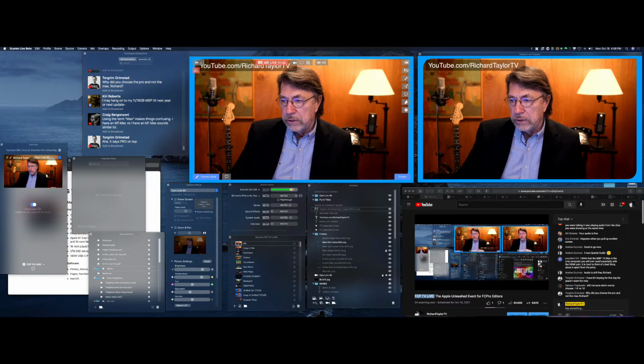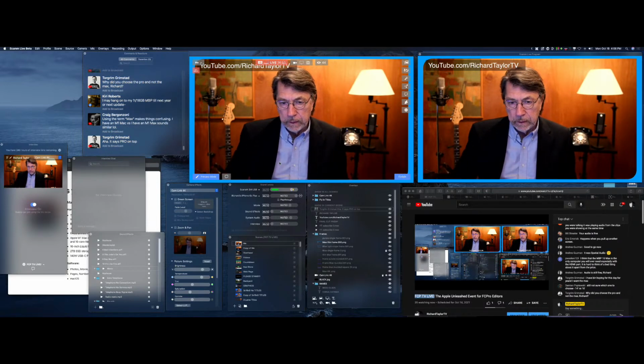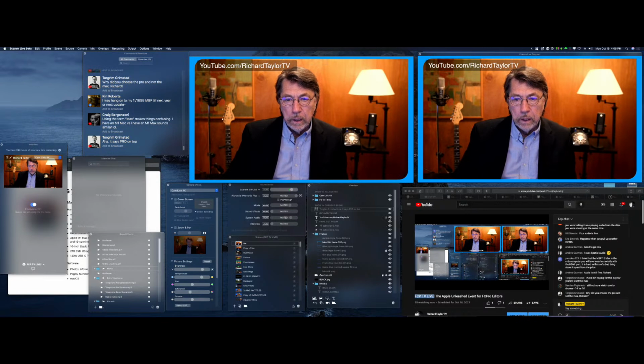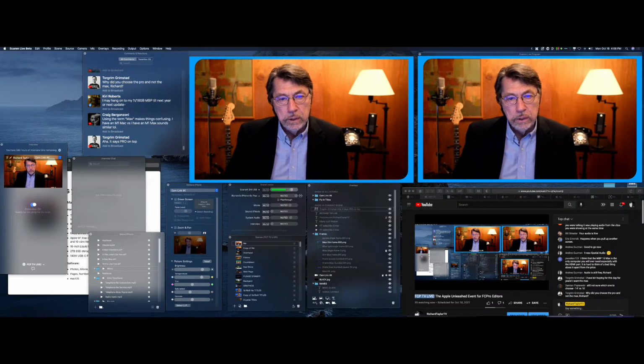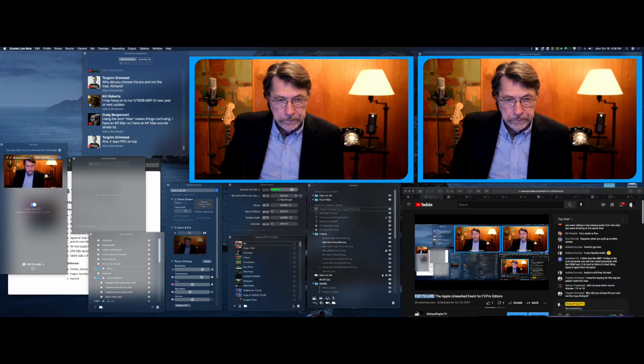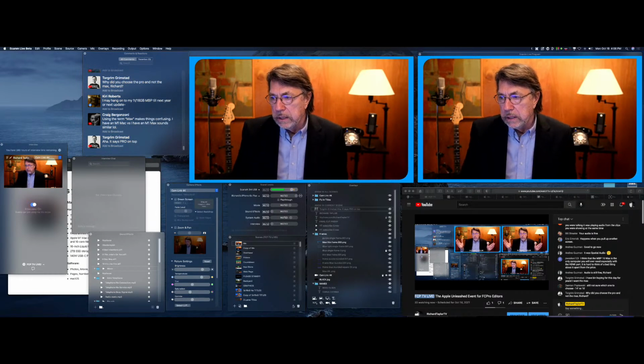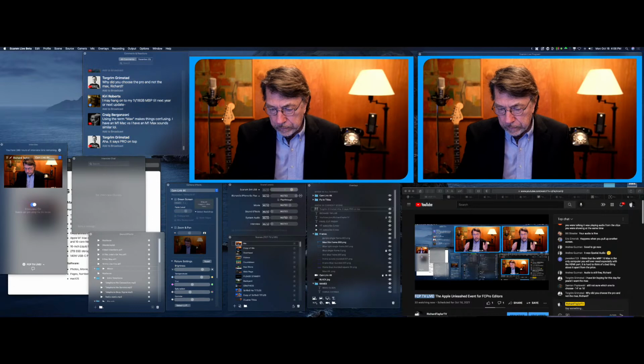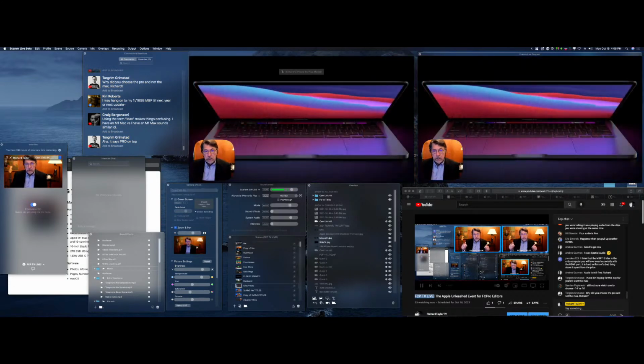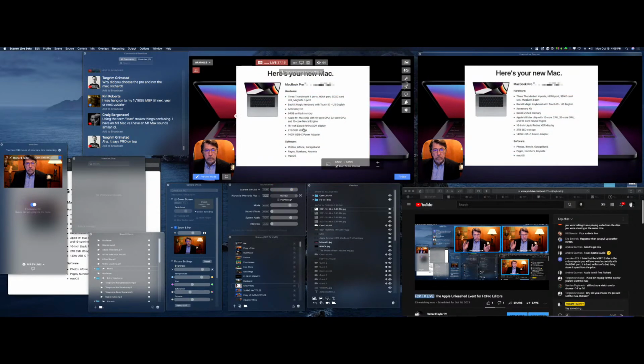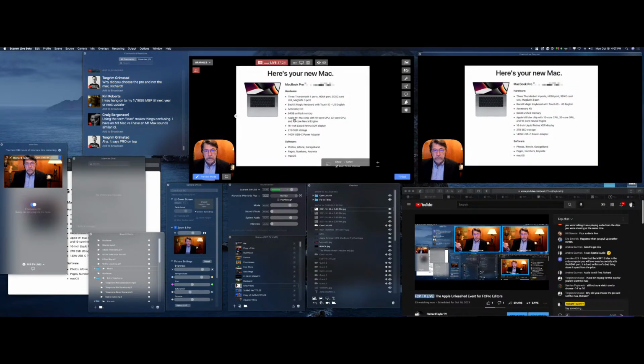But I'm still curious, can somebody explain this to me? The current MacBook Pro is 90 watts charging. The new one says 140 watt USB-C. So there we go.